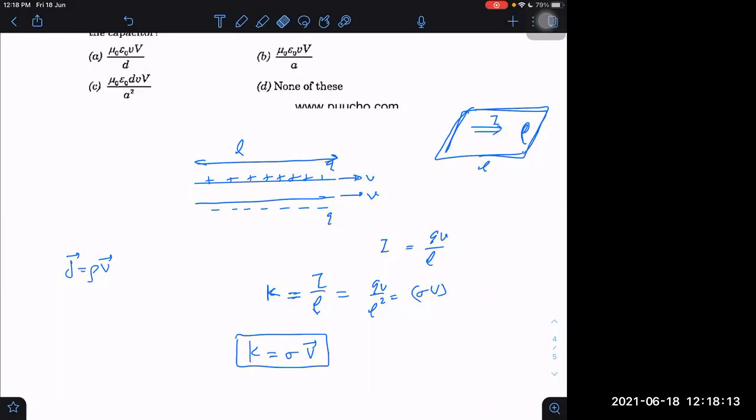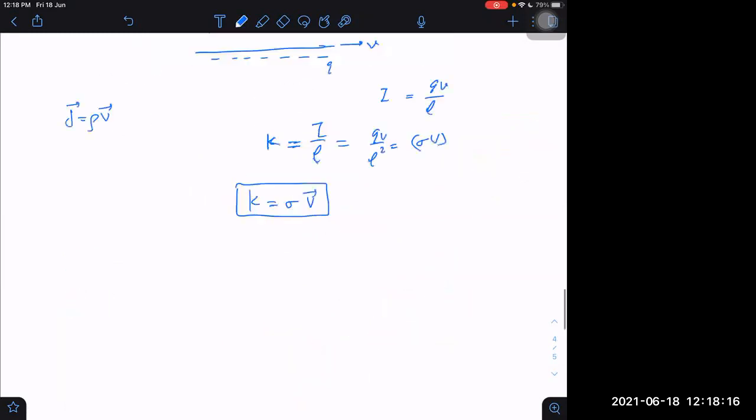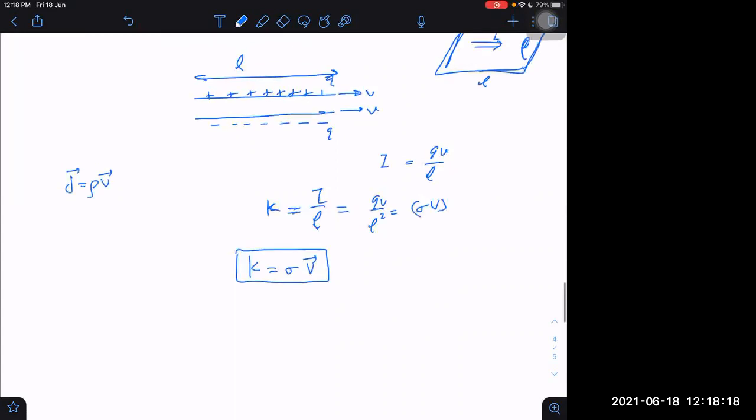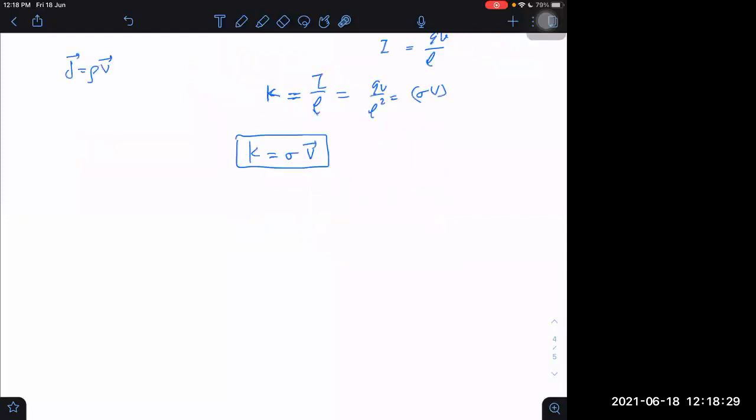Understood now? Once we know K values, what is the K value for the lower one and the upper one? They will not be in the same direction. Although velocity is in the same direction, the positive current will be on one side, but the negative current will send the current in the other direction, because it becomes minus sigma into v. So definitely the direction of K below will be opposite. One K is sigma v along i cap, but the other K will be sigma v along minus i cap. Let us call it K1 and K2. Outside, the magnetic fields will be cancelled on both sides, but inside they will be in the same direction.